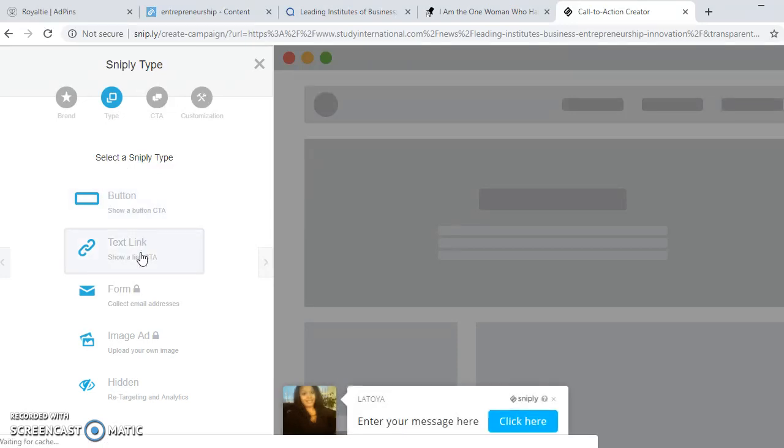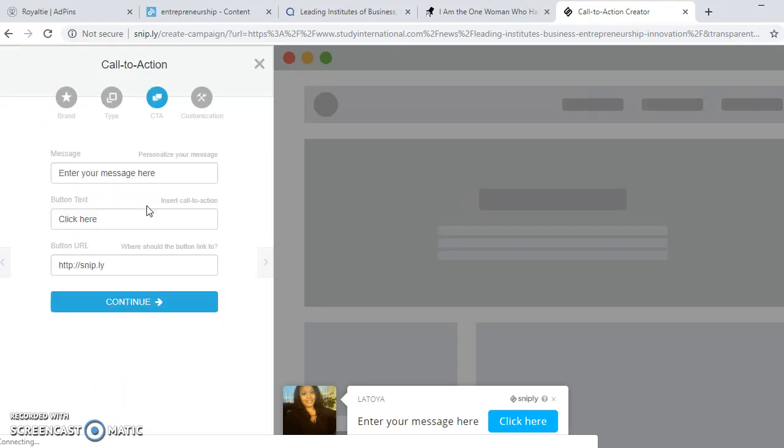You can either add a button or text link with this free option. If you want to upgrade later on so you can utilize the rest of the features on the site, you can do so. But I'm just going to click on button, create a message,